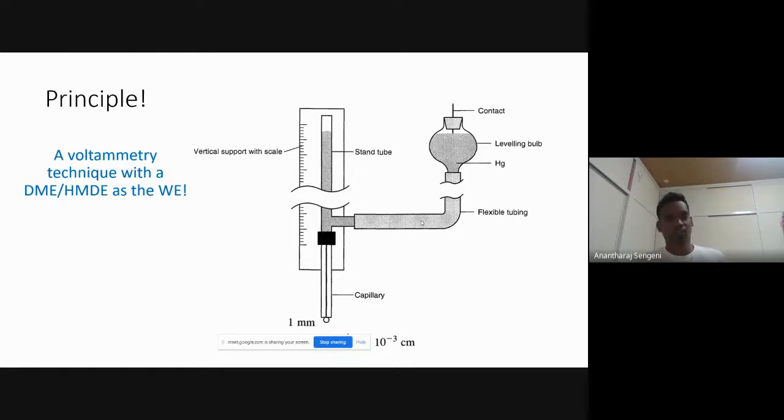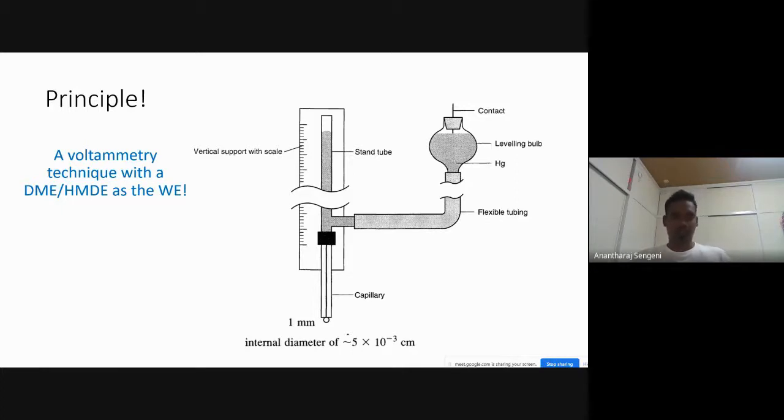dropping mercury electrode or hanging mercury drop electrode is used as the working electrode. So that is the only difference between the conventional voltammetry we have been seeing and polarography. Okay, it is called polarography or DC polarography because the inventor called it so. He wanted to give a different name, because previously voltammetry was known, but the main reason why he developed